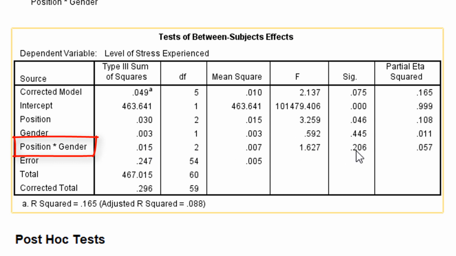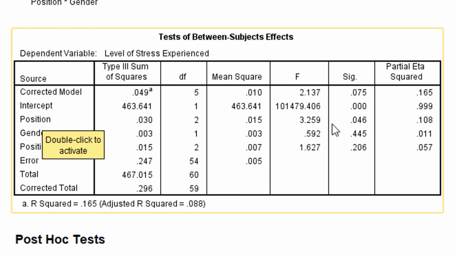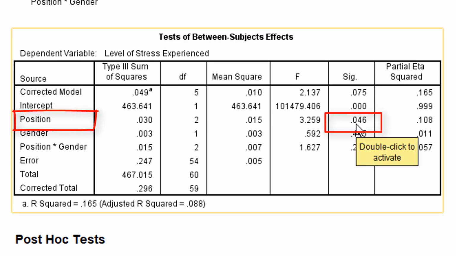the p-value is 0.206, which is more than 0.05, and it means that there is no interaction effect in this whole model. But we can see that position is significant, so position has a significant main effect. This is the interaction effect, position and gender, and position and gender separately are two main effects. Position shows that the p-value is less than 0.05. It means that position